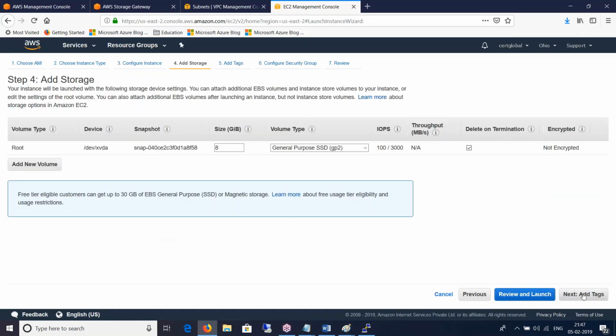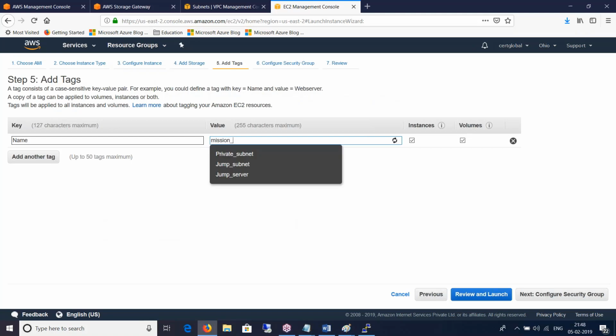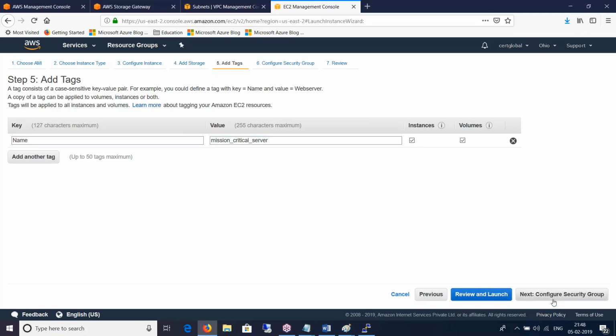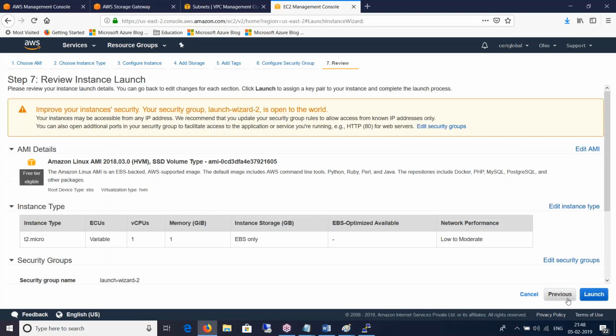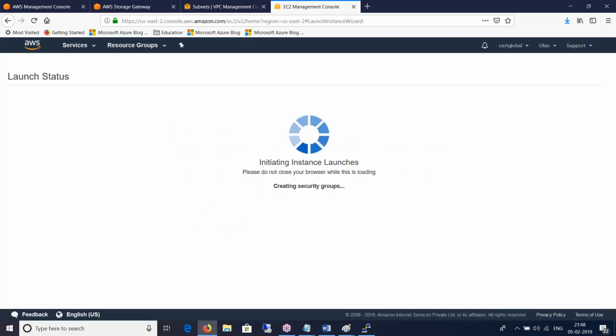Click on next. Storage, doesn't matter. Add tag, and the name is a private, or maybe mission critical server, because I don't want to give it a public IP. So yeah, that's fine. Launch it, and I will use the same key. Launch instances.